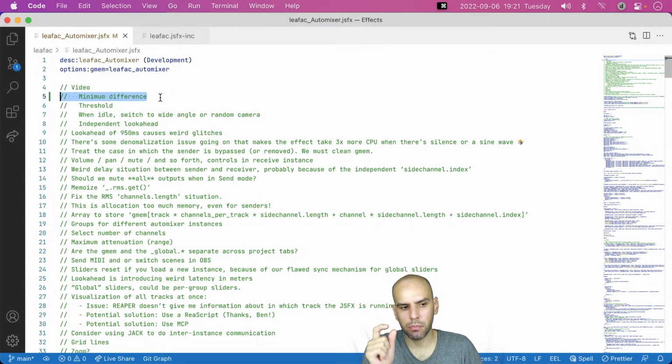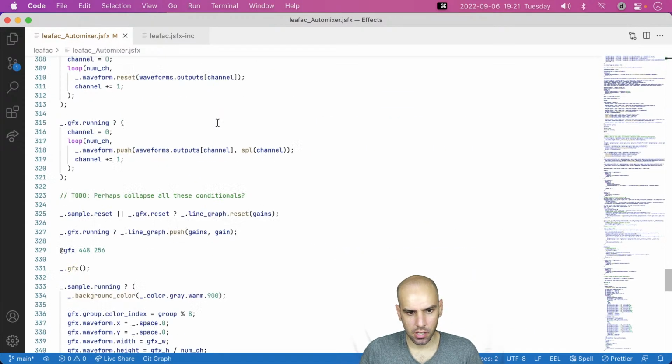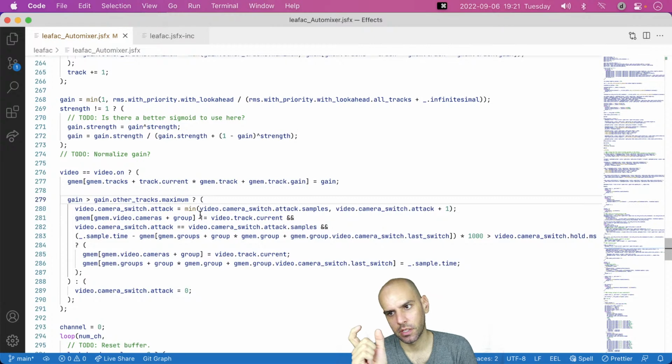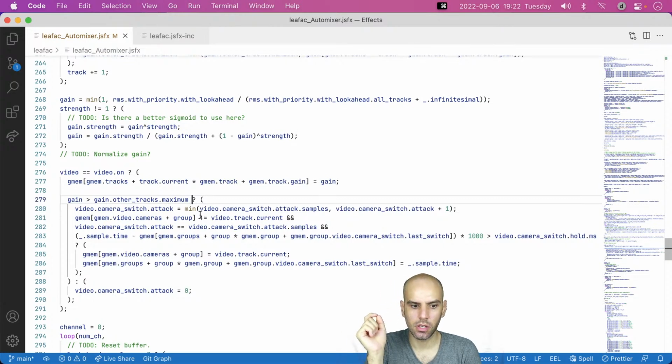So the point here is, right now we do this comparison to determine that we are the winner. I want this to be not only comparing to the maximum, I want it to be comparing to the maximum plus some minimum delta for it to be the winner.